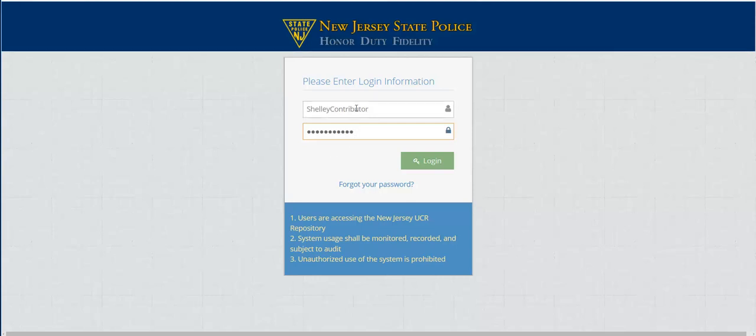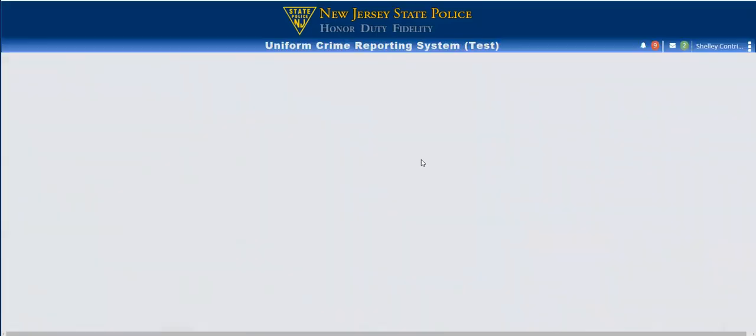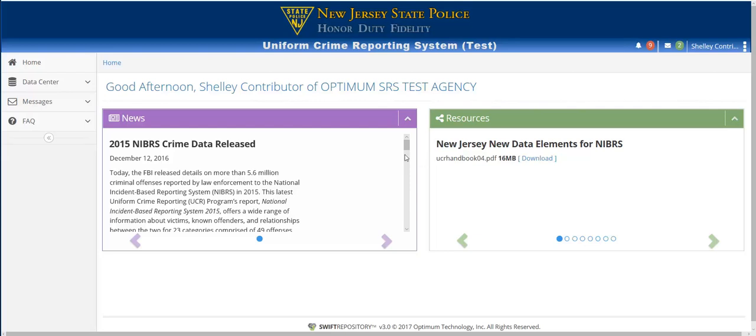Once I've entered my username and password from the login page, the repository homepage is displayed. The homepage is considered the gateway into the repository. The contributor will see the following. The New Jersey State Police logo is displayed in the middle of the repository, followed by the UCR header. A welcome message greets the user by the time of day, the user's name, and the agency that the user